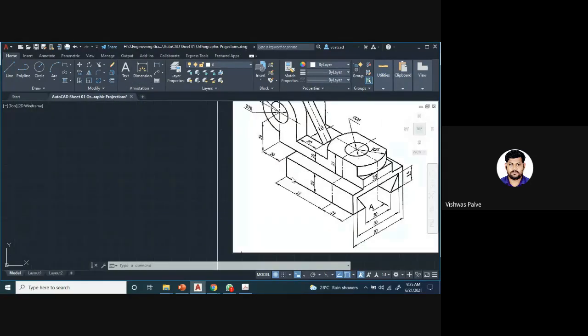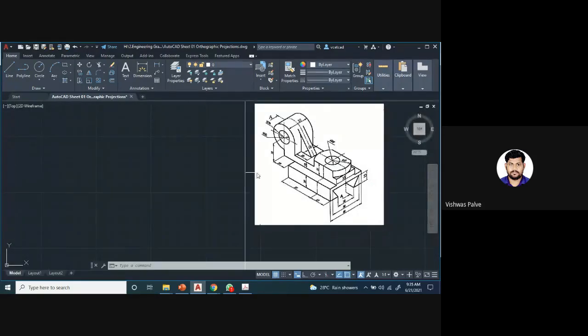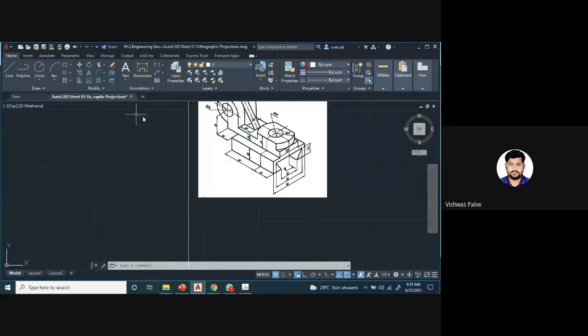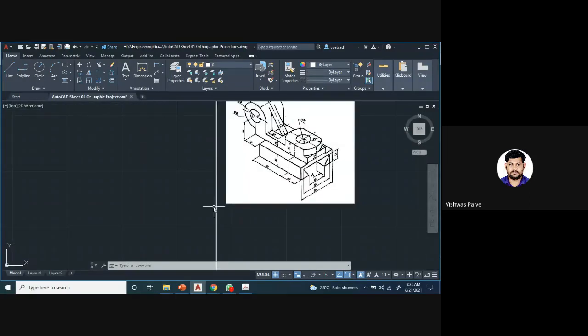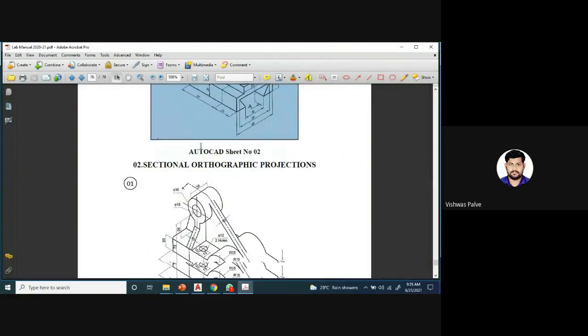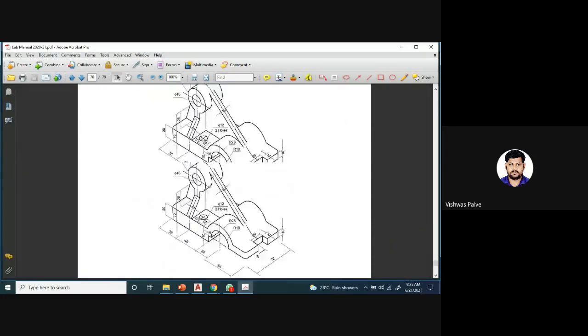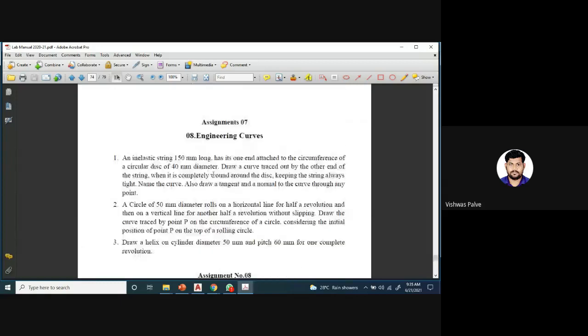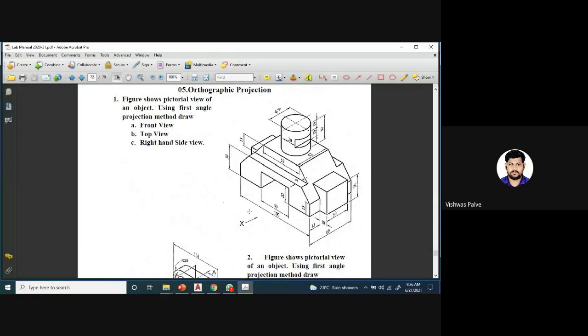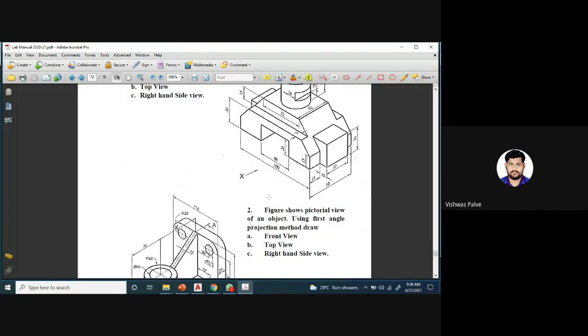So when we are drawing an orthographic projection, the arrow is very important. Where is the arrow? In that I have to draw an arrow which will show the X direction, the direction that is the viewing direction. In that direction we have to observe. So in this question the arrow is missing, so you have to draw the arrow at this place. So in most of the numericals you'll find that there will be some arrows. So with the help of that arrow, see here, this X, this is the viewing direction. So from this direction we have to view.